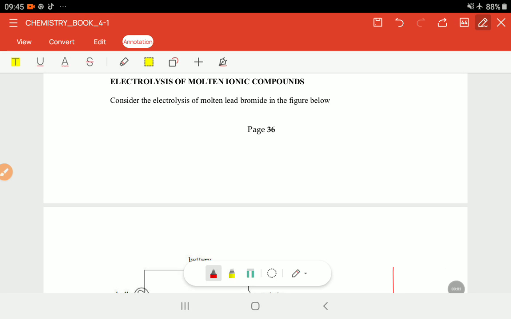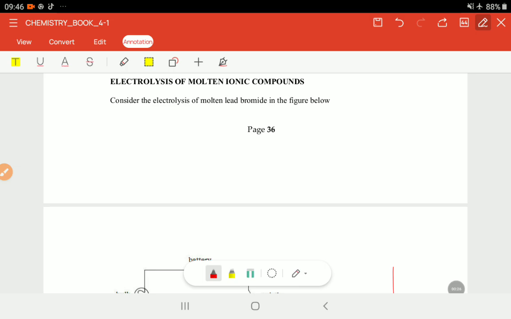Hello everyone. In today's lesson, I just want us to continue from where we had stopped last time, the introductory part of the topic electrolysis. In today's lesson, we are going to see how electrolysis happens when we're using molten ionic